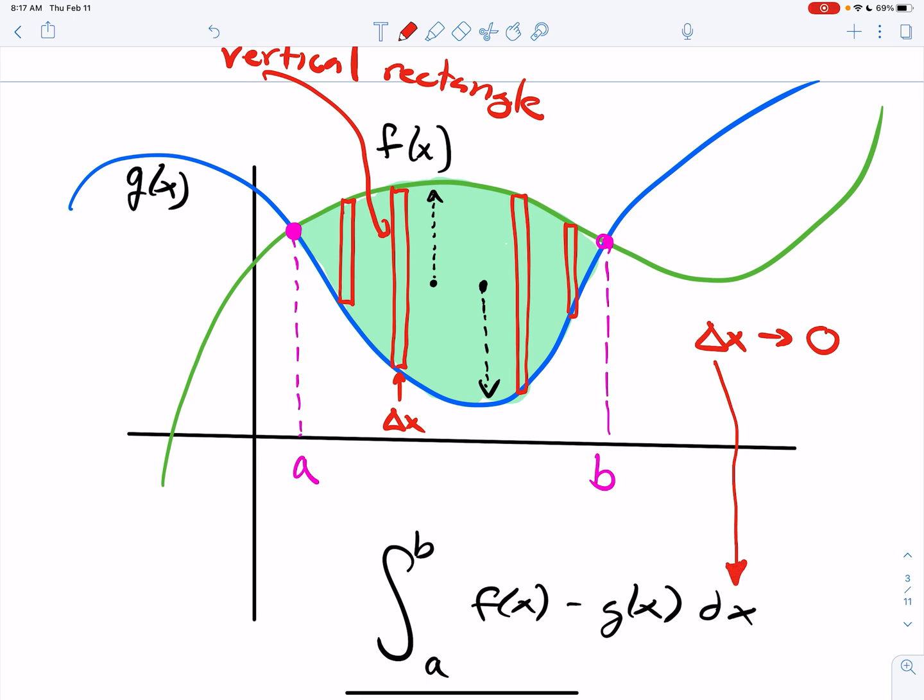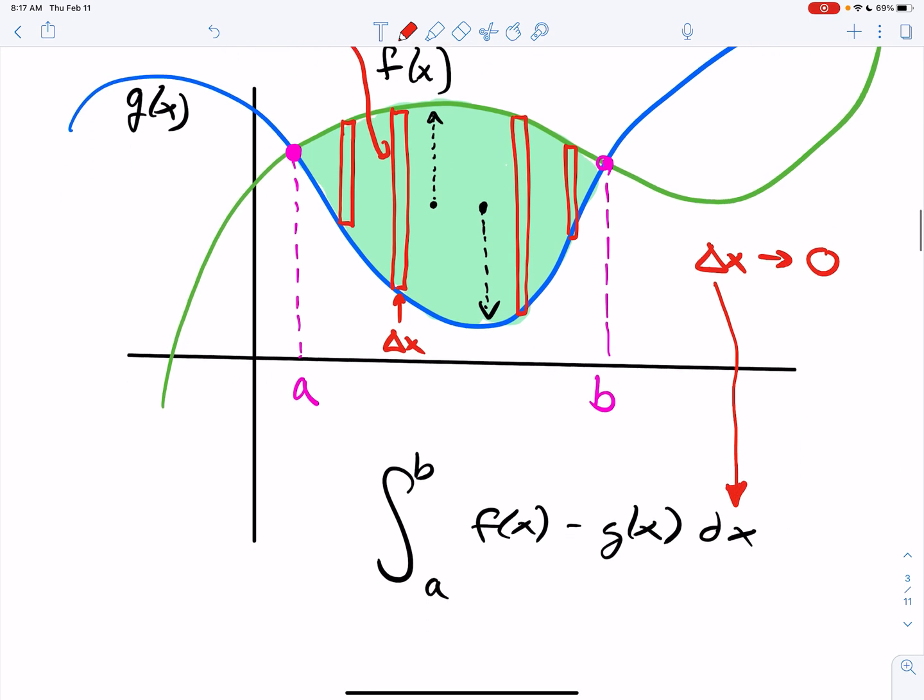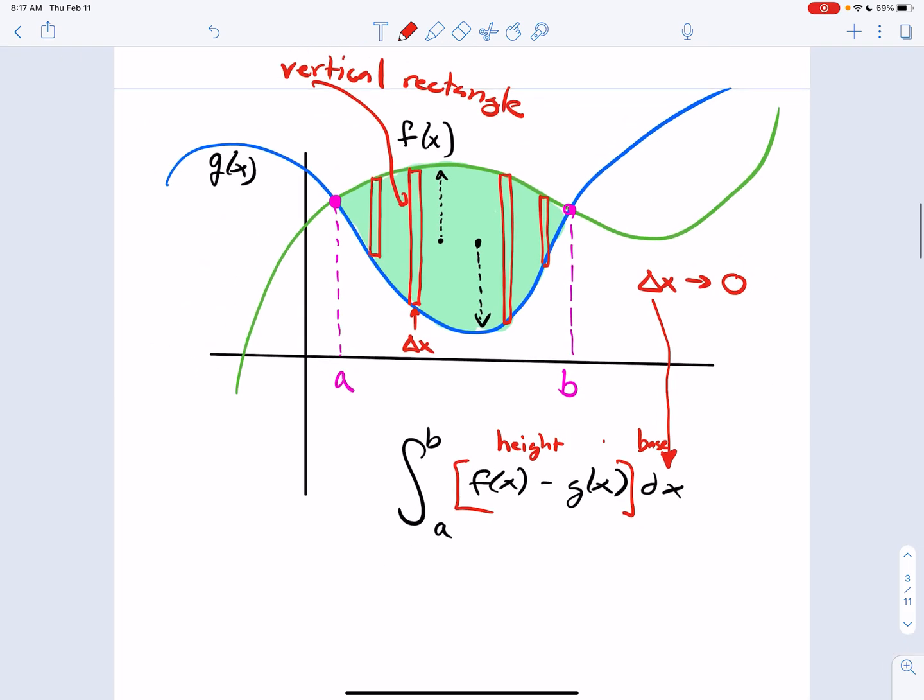That dx isn't really just a symbol. It represents that your horizontal width is getting closer to zero, and this right here is your height. So again, it's your width, which is your base, and your height. You're just finding the area of an infinite amount of rectangles at a very fast rate. That's what integration does. So how would it work